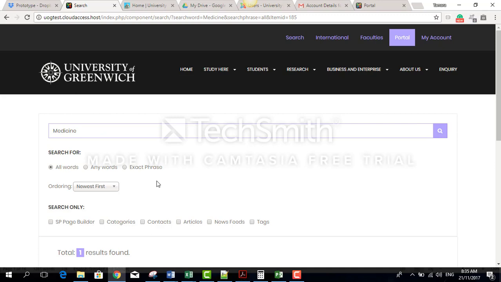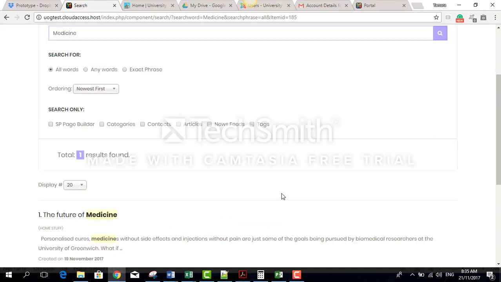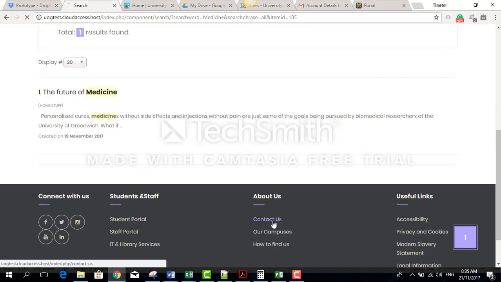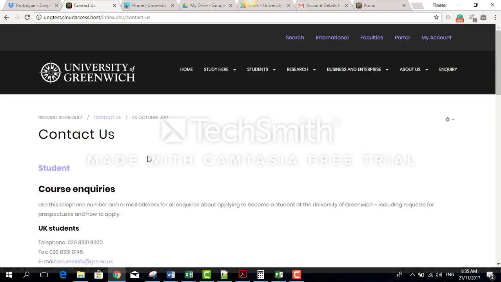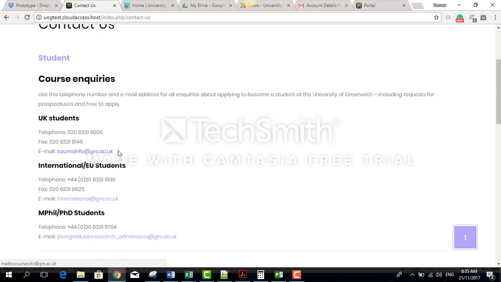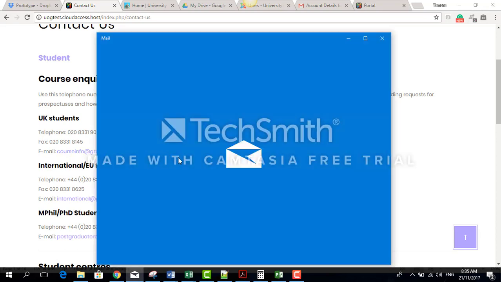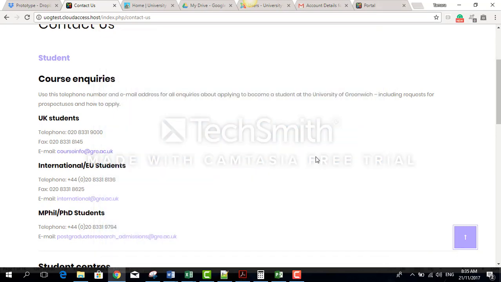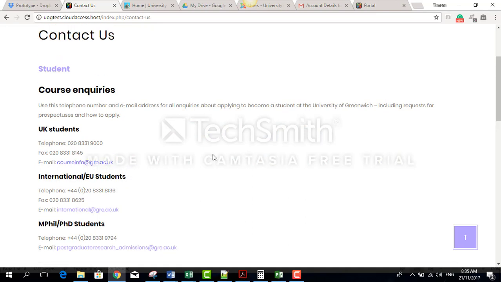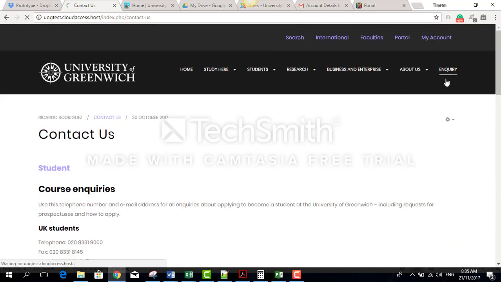There is also a way to allow users to contact us. The contact us page comes with email links that once you have your default email client set up, it will pull that information and you can send. Another aspect of contacting it relates to an inquiry system. So here,